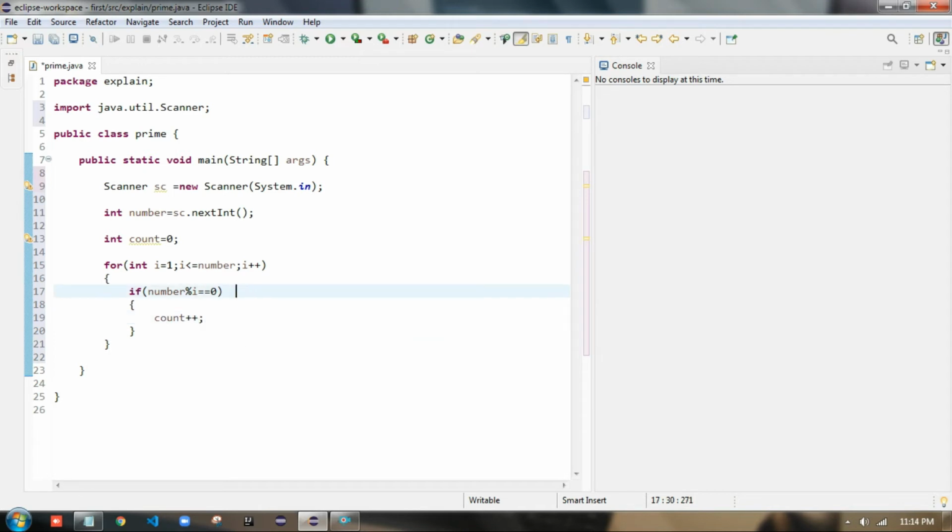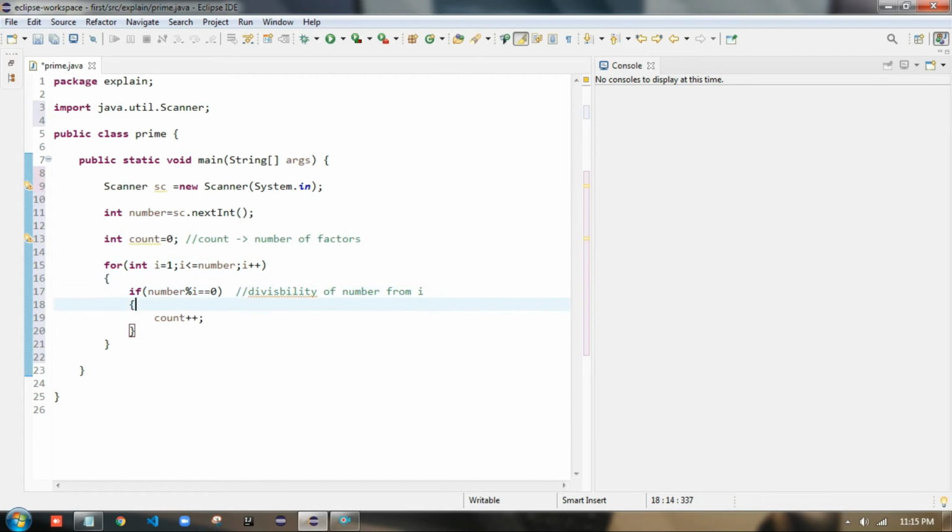So here I will check the divisibility of number from i. Okay, and if the number is divisible by i, we will increase the count. So here I can write count denotes number of factors.